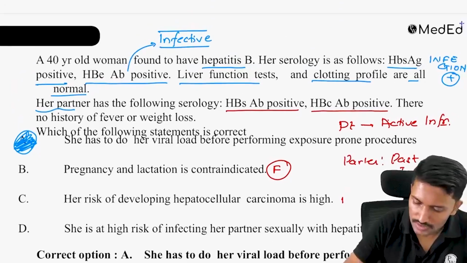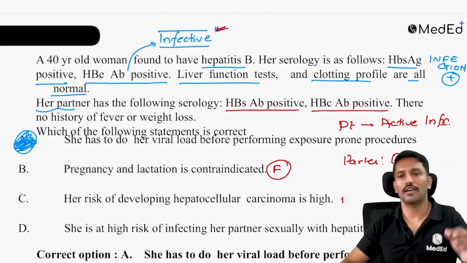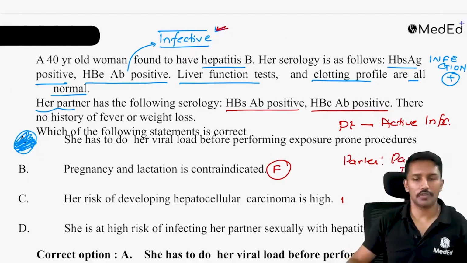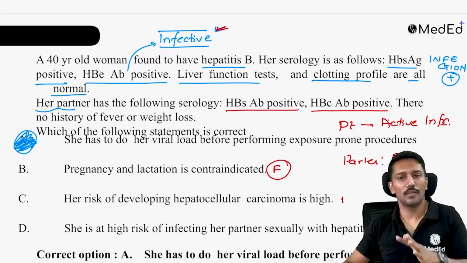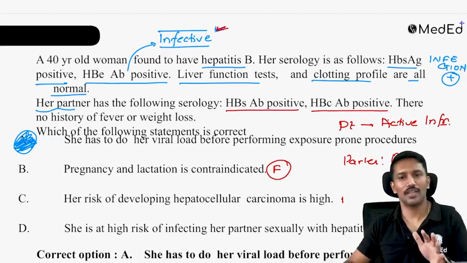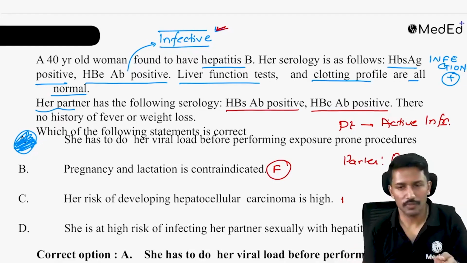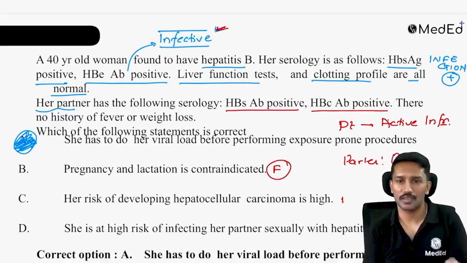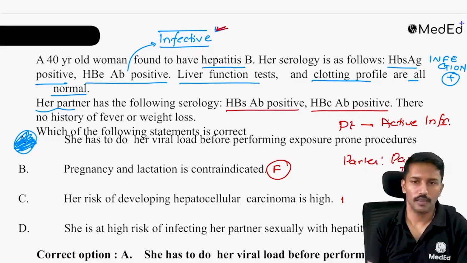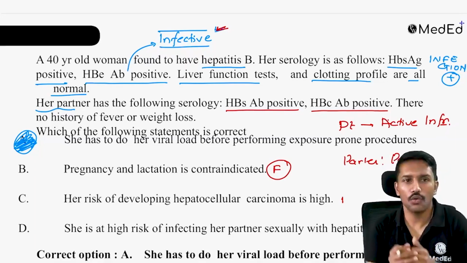See, now she is highly infective, right? What if she is a healthcare worker, like a doctor or a paramedic or a staff nurse? Any minor trauma to her and that needle pricking a patient literally means that patient will get infected. We all know that for needle pricks or sharp pricks, the transmission risk is higher for hepatitis B in comparison to HIV, right? So if she is a healthcare worker, then she should make sure that she won't